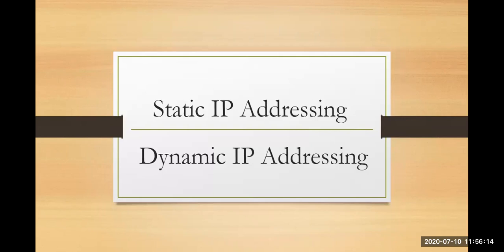So the very first topic which we had done today was static IP addressing and dynamic IP addressing. When I talk about static IP addressing, it is nothing but a permanent number which is assigned to your host or machines. When I talk about dynamic, it is nothing but a temporary number which is assigned. Static IP addresses are given by the network administrator and it is done manually. Dynamic IP is not done manually, it is done by a server and the server name is DHCP server.